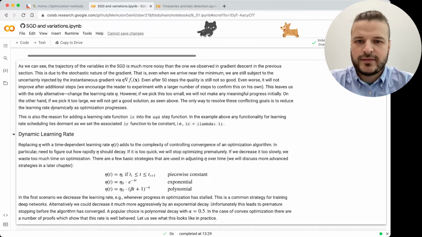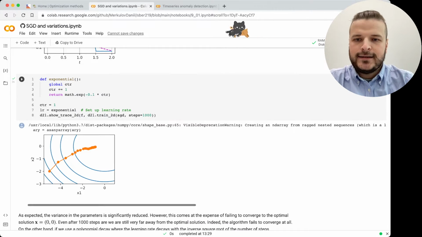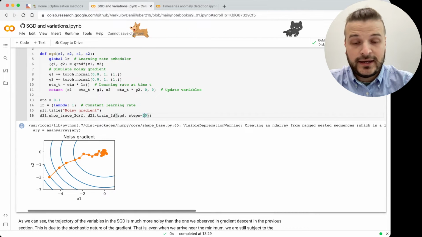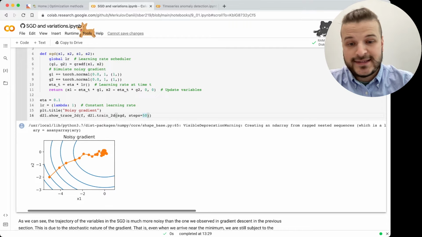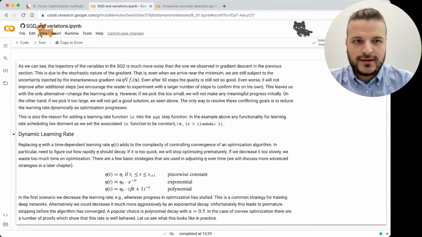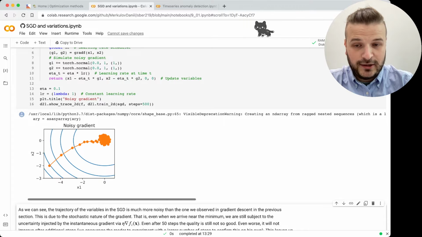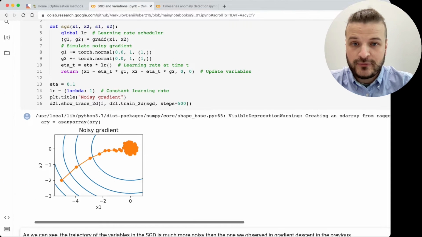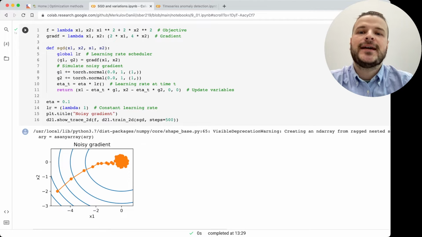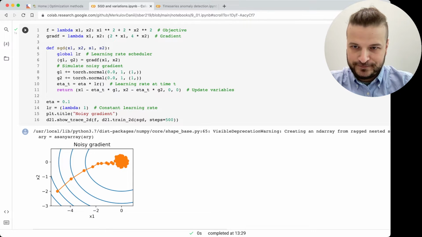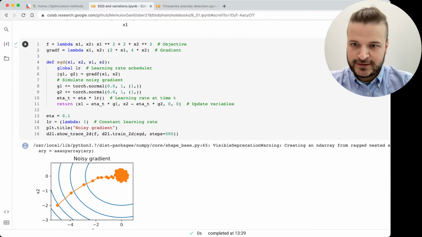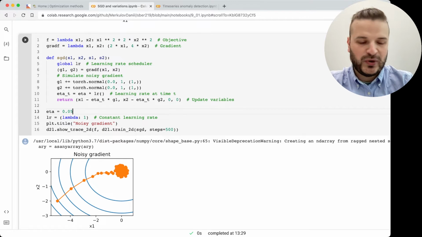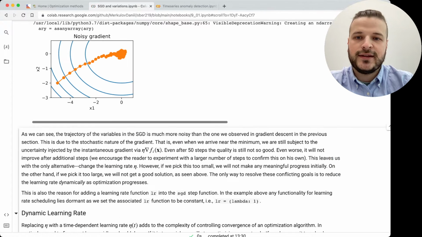Okay, that's the interactive notebook here. What's interesting is if you consider a higher step size, you'll receive this cloud of points and this oscillation, which was described before. And for example, if you decrease the learning rate, here eta stands for the learning rate, increase it twice, and we'll see that this